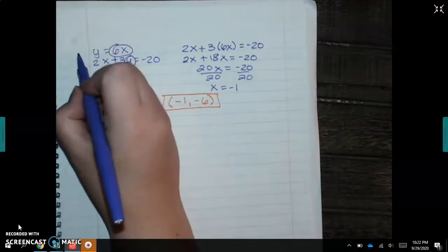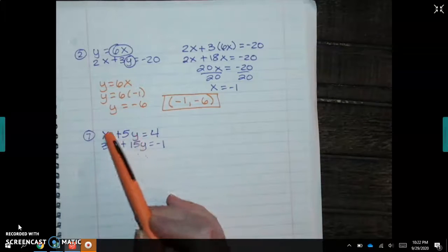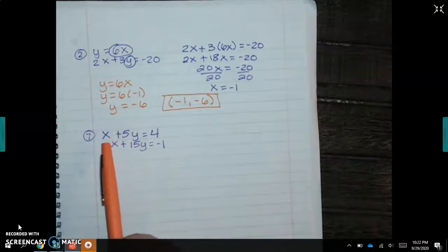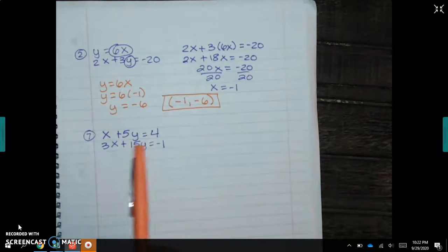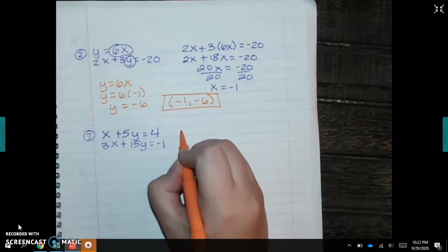And the previous one was number 2. Okay, so for number 7, notice neither one of these equations has a variable that's by itself. If I look at this first equation, however, it's going to be pretty easy to get x by itself, because the only thing that you need to move is the 5y. So what I'm going to do is I'm going to move 5y to the other side of the equation, and that's going to give me